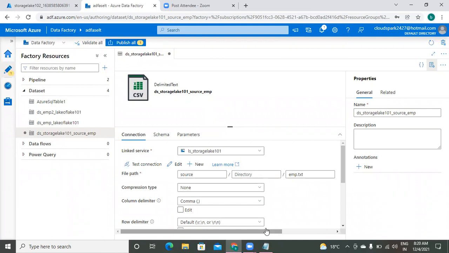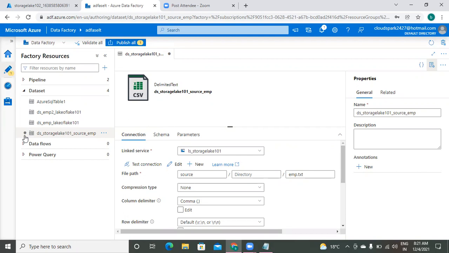Understand? Observe here. There are four data sets here. First one, second one, third one, but for the fourth one, on the left side, some dot symbol is there. That means this data set is not yet deployed, just created temporarily.